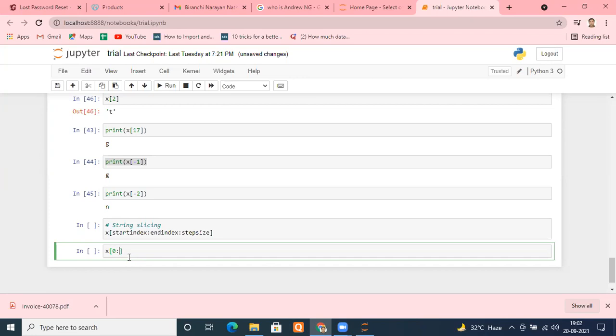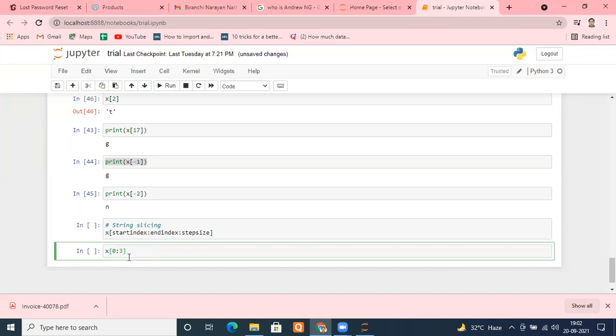What should I write here? 2? No. If you write 2, this is the catch here. The end index is always your desired count plus 1. Remember that. So how many do you require? You require 3. So 0, 1, 2. Add 1, that is 3. So it will give you 0, 1, and 2.